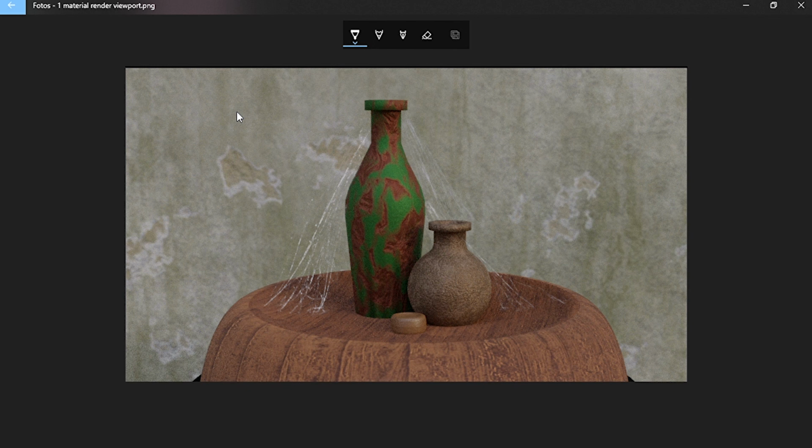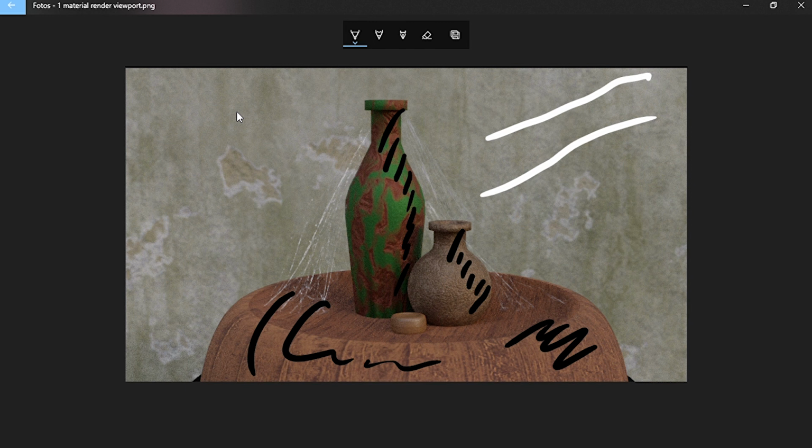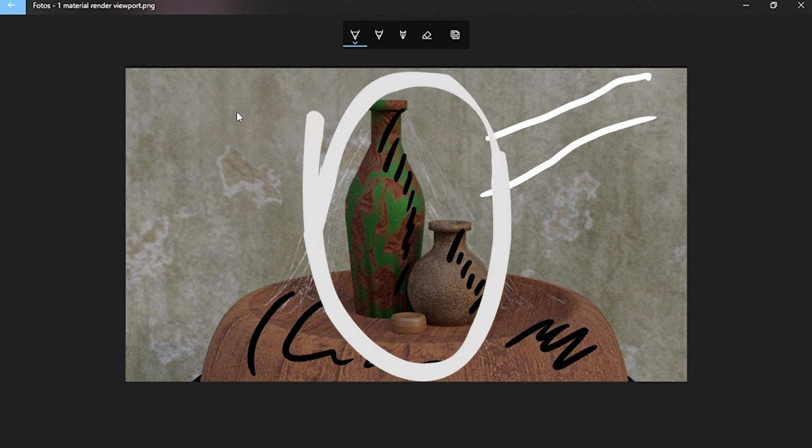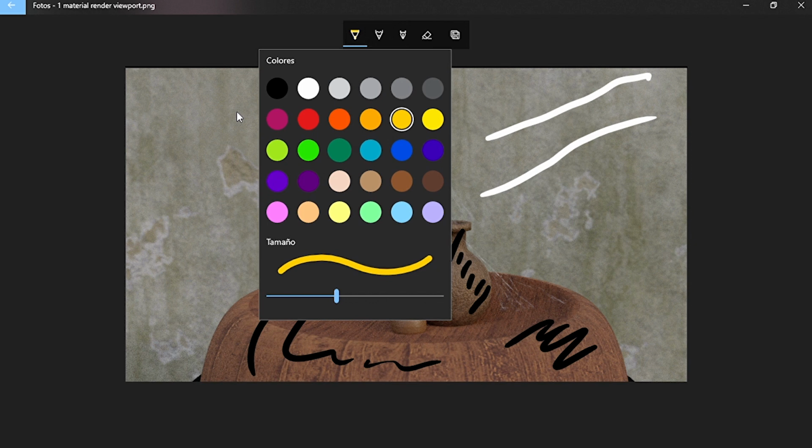So I said I wanted some dim light, a light beam which is kind of like a cone shape on the background, some shadows on the bottles to create volume so the image doesn't look flat, and also some shadows on the barrel because I don't want it to be important in this scene. I want the attention to go on this part of the image. You could also use colors depending on the color of the light you already have in mind.